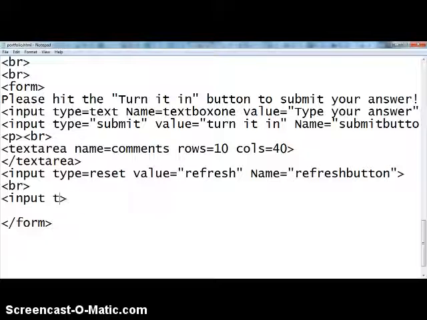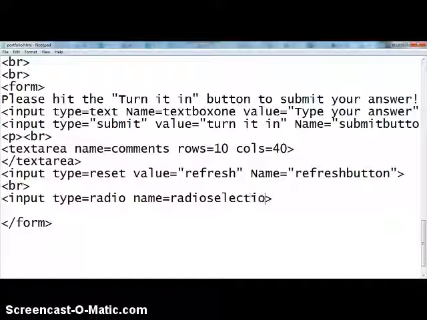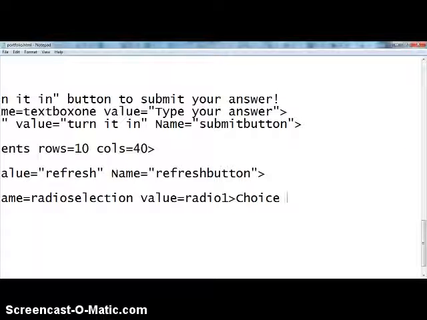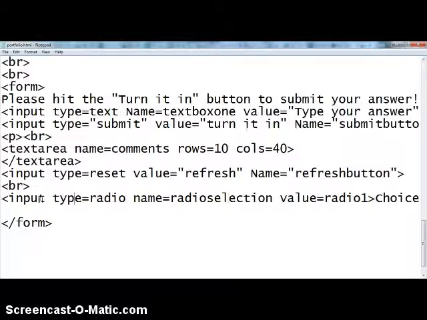So let's do input type equal radio, name equal radio selection, value equal radio 1. And we can make this choice number 1. Okay. So this here, once you have this typed,